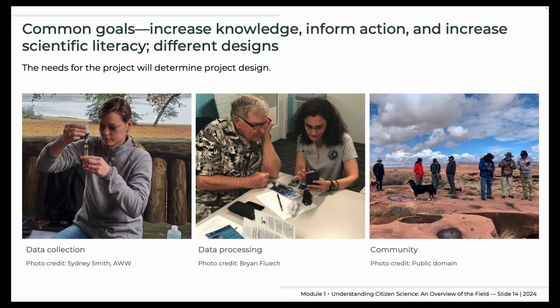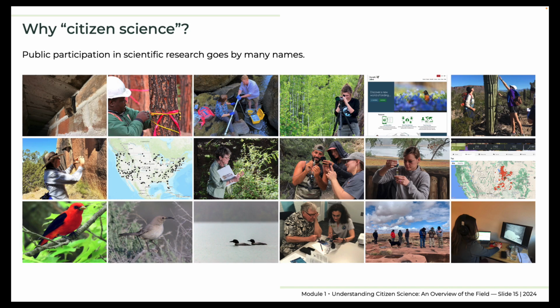While all of these types of citizen science have common goals, to increase scientific knowledge, to inform conservation or policy action, and to increase public scientific literacy, they differ in their techniques and audiences. When designing a citizen science project, it's important to consider which type or model is most appropriate for your situation. Public participation in scientific research goes by many names. In this training program, we use the term citizen science, which in the United States originated with the Cornell Lab